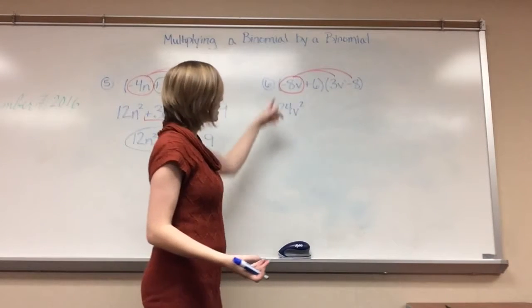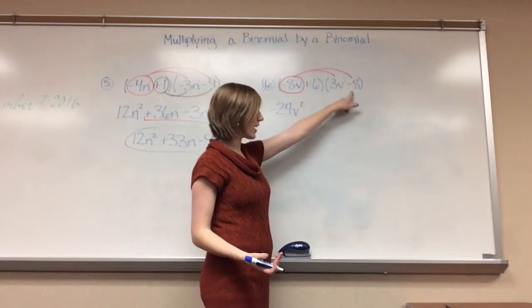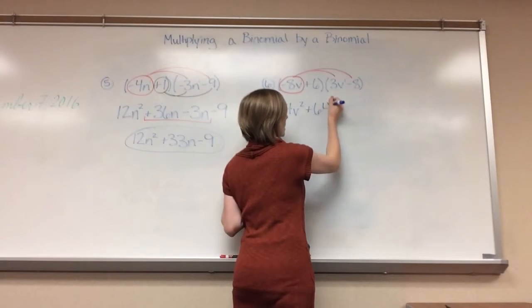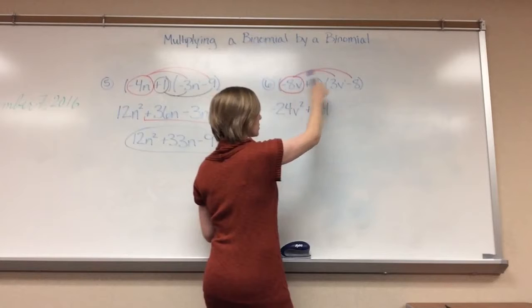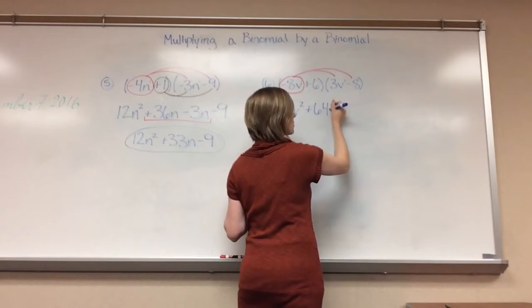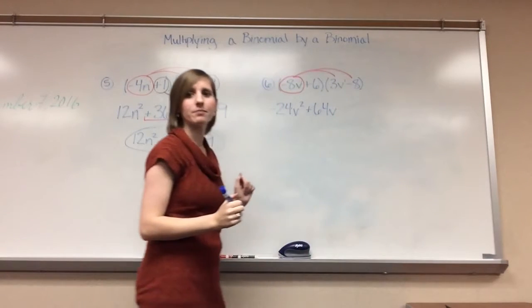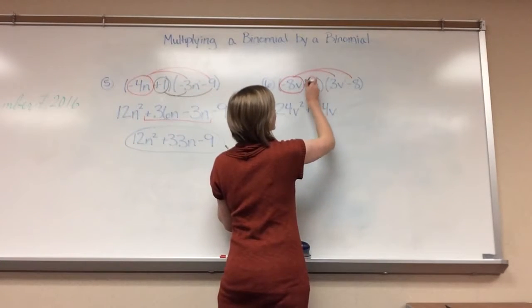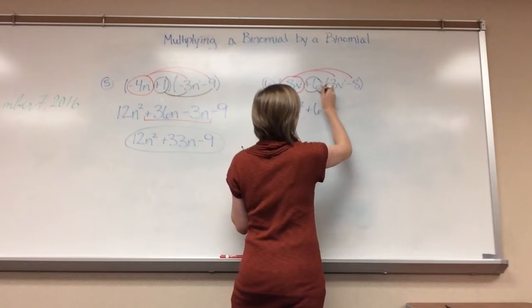Multiply the whole numbers. Negative 8 times negative 8 is positive 64. I have a v in my first term, but not in my second term, so it just stays the same, v. All right, after this, we need to multiply by the second term to both numbers in the second set